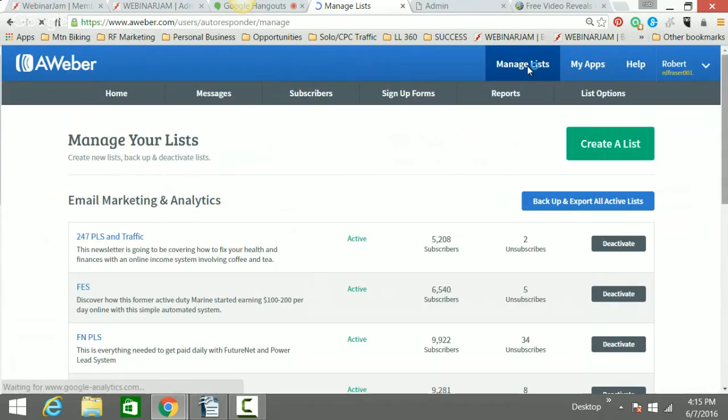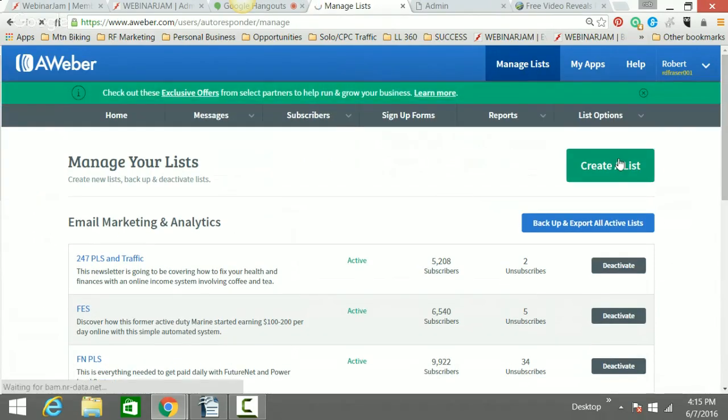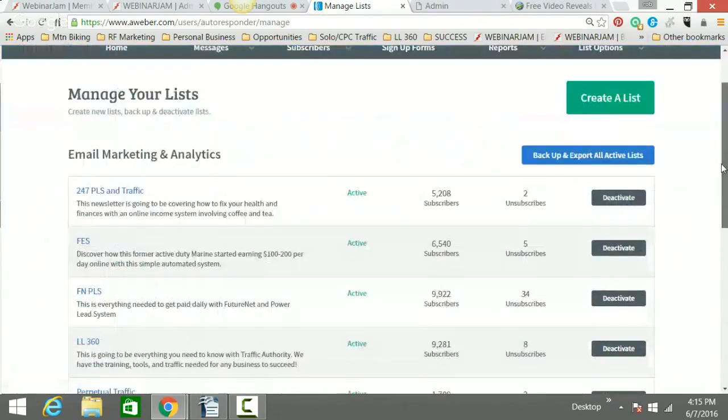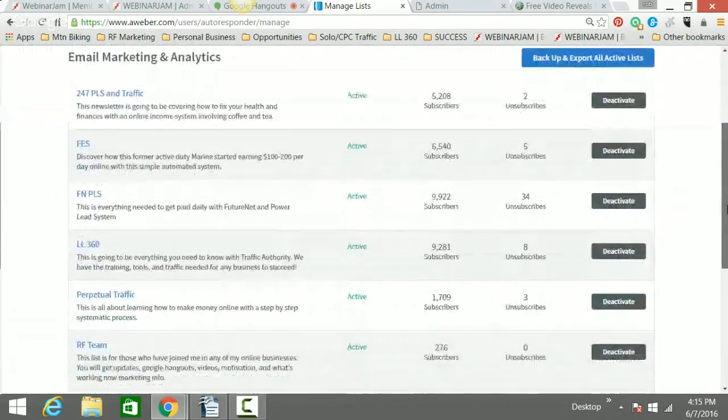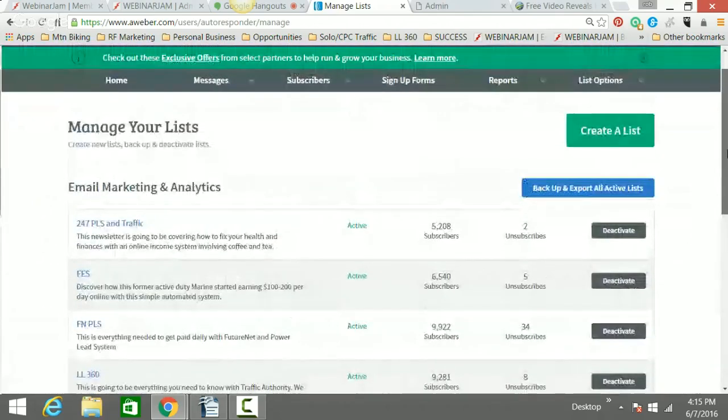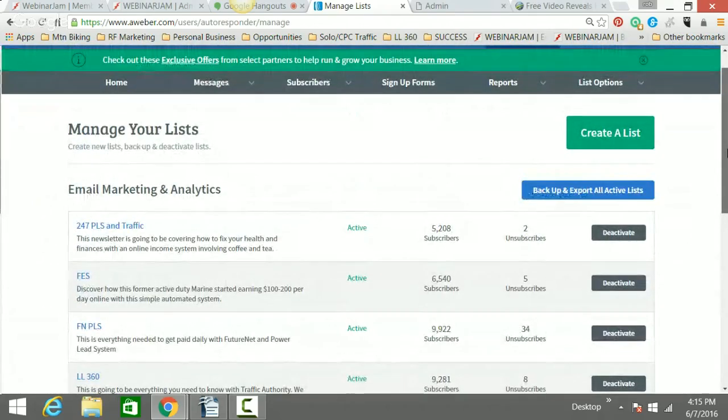But what I did was click on Manage List. And right here is where you will create a list. You click on Manage List, you click on Create a List, and basically it's going to run you through the step-by-step on how to create an email list. In this example,